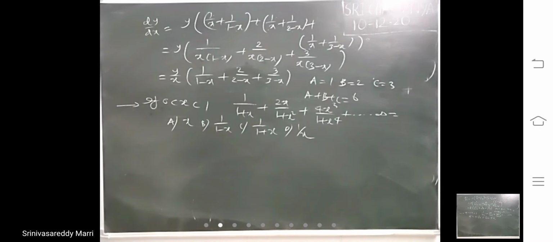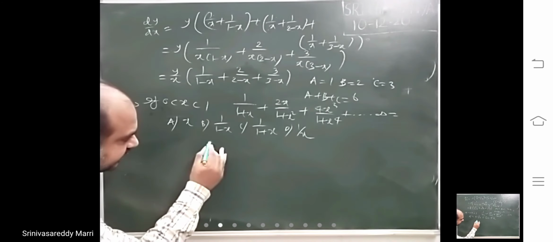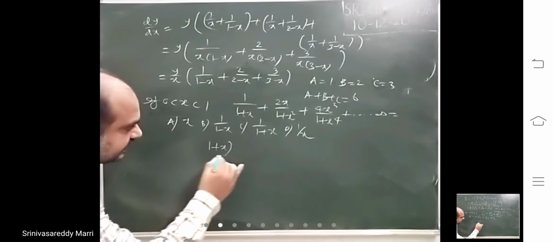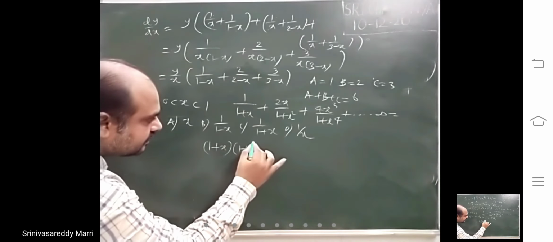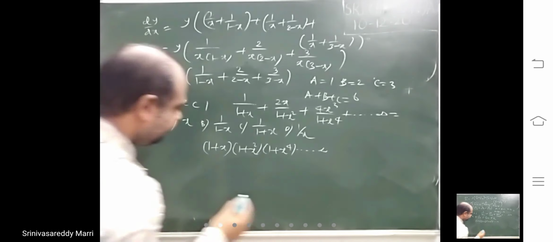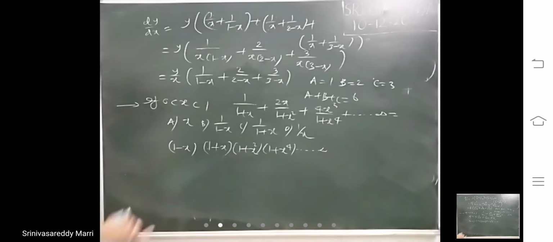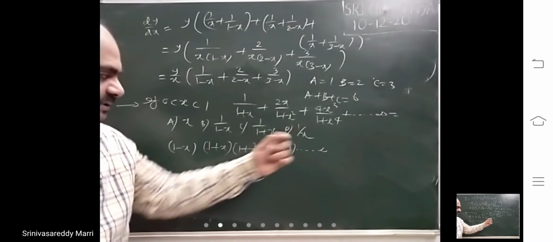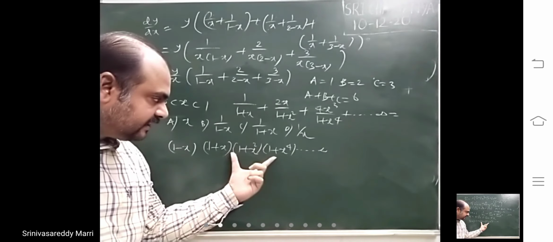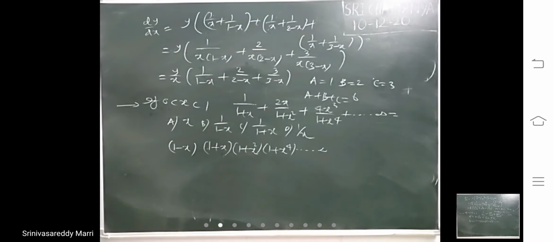Look at, whenever this type of relations will come, it is related to derivative. Look at how it is related to derivative: first take the product of the denominators. Always take the product. With this 1 plus x is there, you multiply with 1 minus x, and then consider the product 1 plus x, 1 plus x square. This completely you write as the product, and then take this 1 minus x with this one product you consider. What is this product?